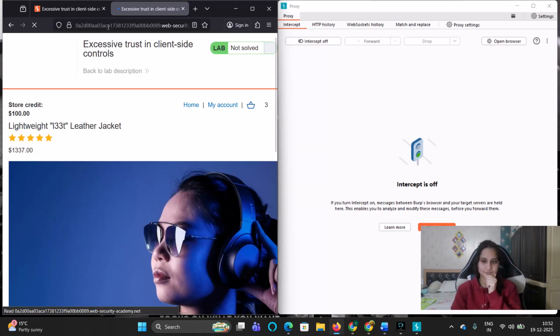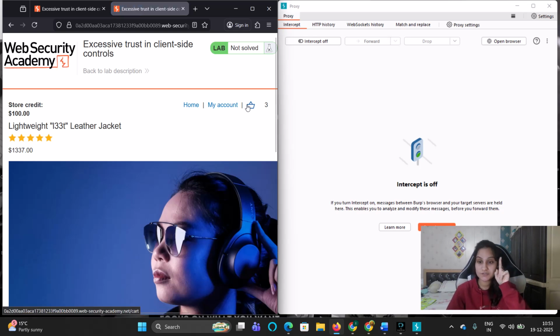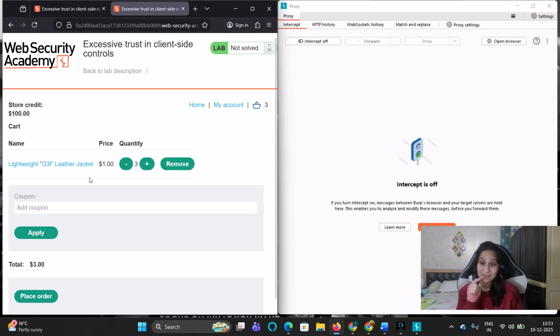Alright, you can see, guys, the change in the cart. Earlier the cart had only one product, but as soon as I did it, you can see the cart now has three products, which does make sense. Now we'll click on this and we'll see. Okay, the price has been changed and it is actually $1 only. That means the quantity has to be manipulated a little, because that is way too low a price. So each quantity is for $1. That means the three quantities are for $3. Basically, each is $1, right?